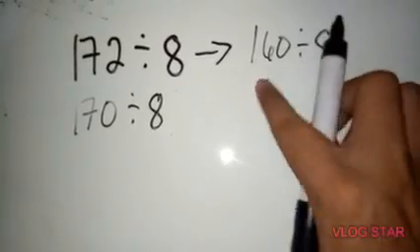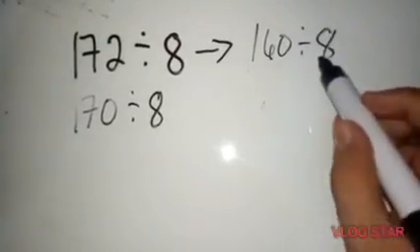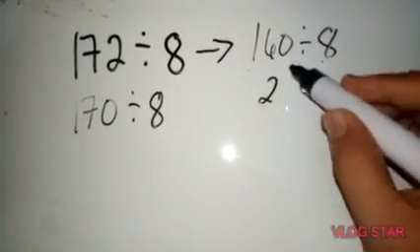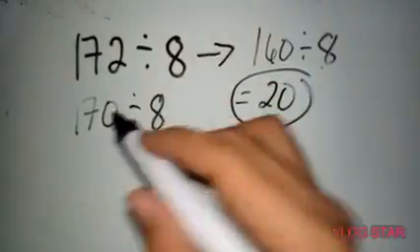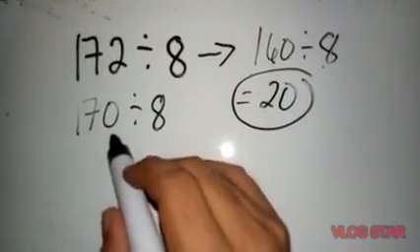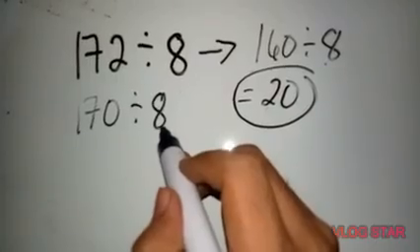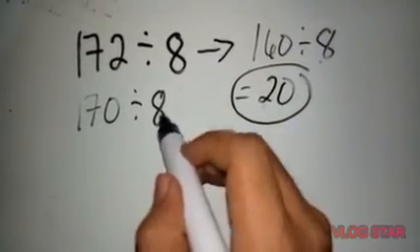160 divided by 8: 16 divided by 8 is 2. Then copy 0. So the quotient is 20, compared to 170 divided by 8. Another example,